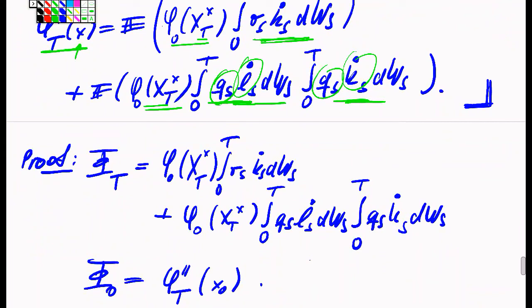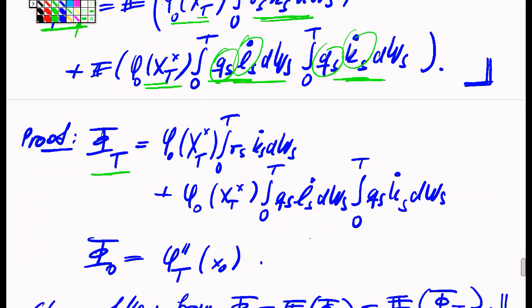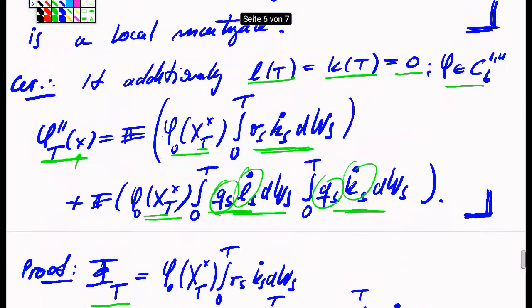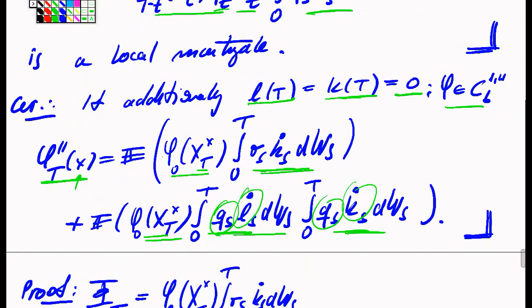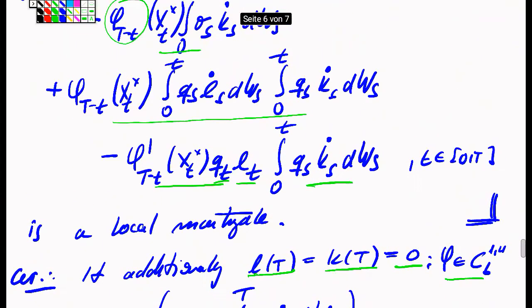Namely, we just check what this capital phi process of the previous assertion looks like at these two extreme points. Well, by the choice that L and K at terminal time are 0, we find that this part here, which involves this first order derivative of phi, does not contribute at time capital T,